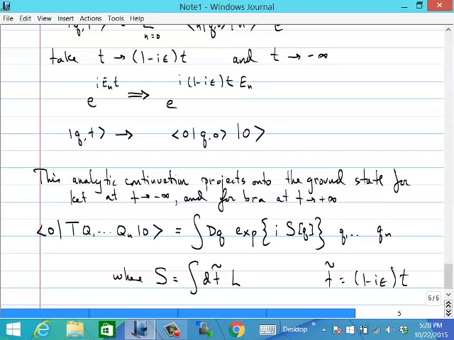which is sort of nice because the ground state wave function in quantum field theory is, in general, a very difficult thing to compute. For a free quantum field theory, it's not so bad. It's basically a Gaussian. A free quantum field theory is a bunch of harmonic oscillators. The ground state wave function of a harmonic oscillator is a Gaussian. So the ground state wave function in a free quantum field theory is basically a bunch of Gaussians. But in an